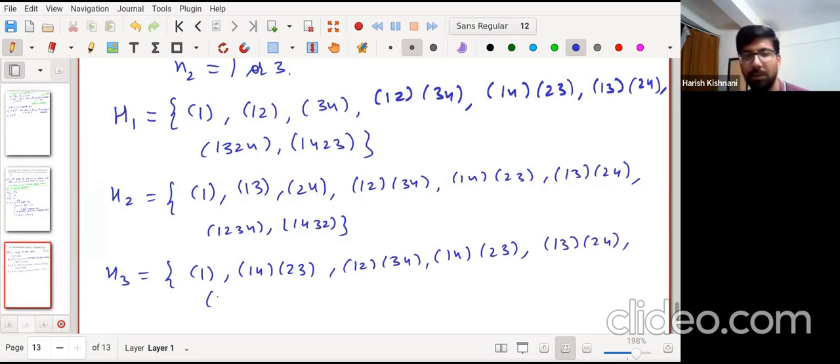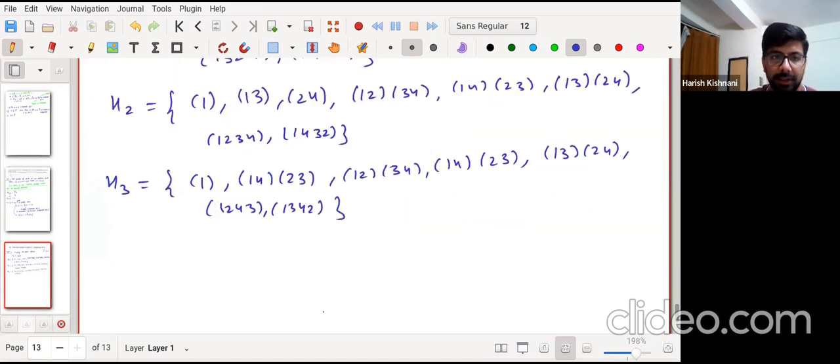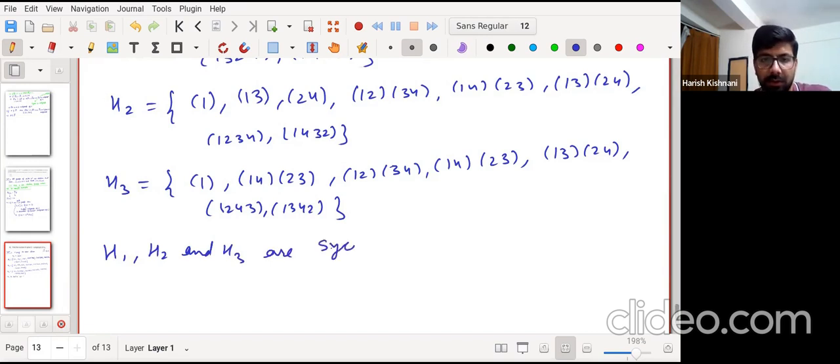It's 1, 2, 4, 3, 1, 3, 4, 2. So these three, H1, H2, and H3, you can check, are two Sylow subgroups, or two Sylow subgroups